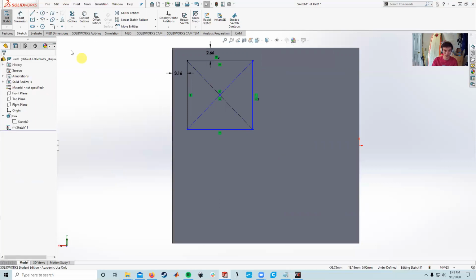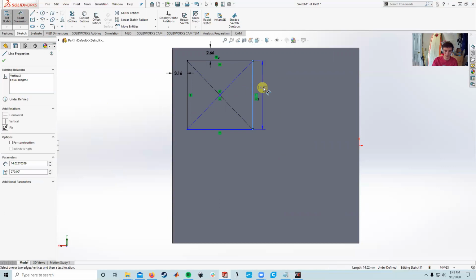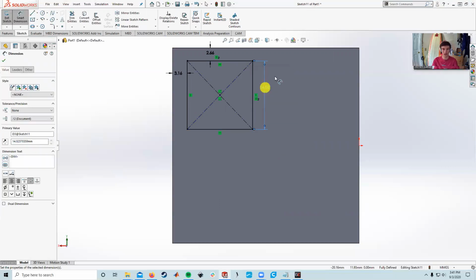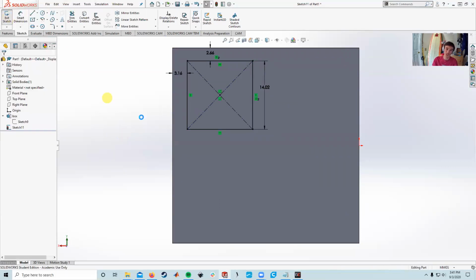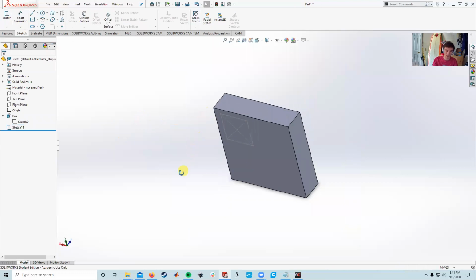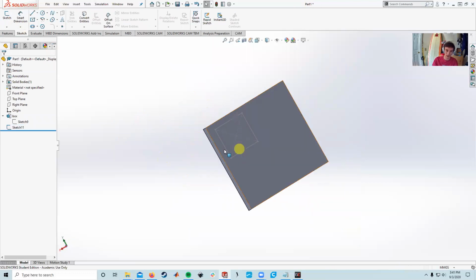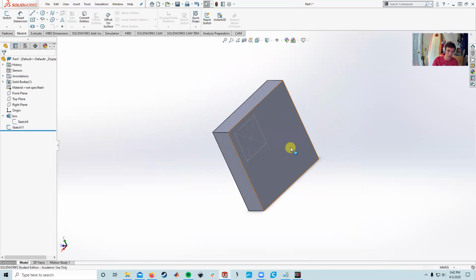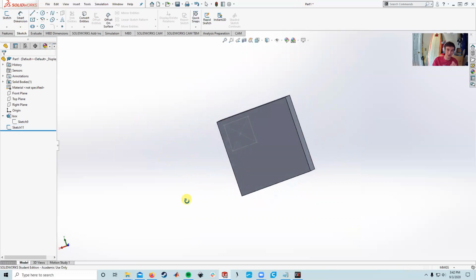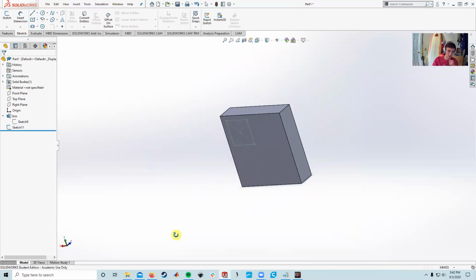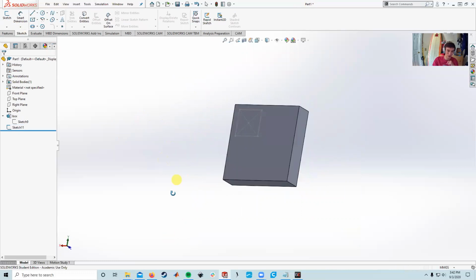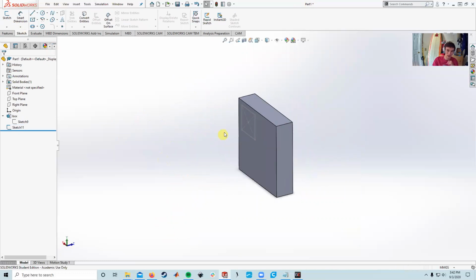Make that equal so I can use one less smart dimension. And there you go. So now if I exit that sketch, you'll see that the sketch is flat on the surface I selected originally. That's a very important concept in pretty much all CAD software. You're going to start with the 2D sketch and go into 3D,